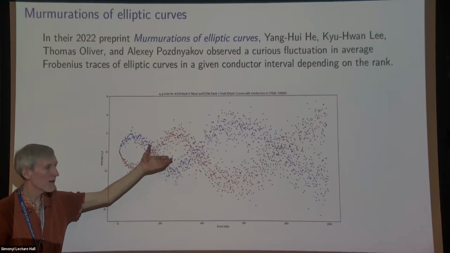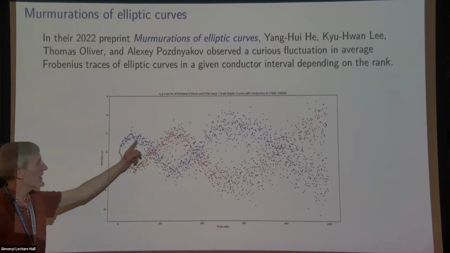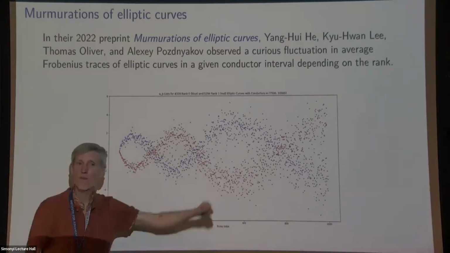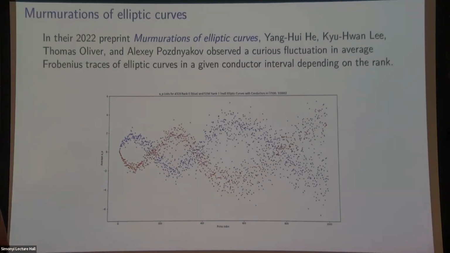So this suggests a bar game you could play. If you walked into the right bar, you could let someone pick an elliptic curve, and they'd be required to tell you the rank and the conductor. And then you get to choose a prime, and then you place bets on whether their a_p is positive or negative. And if you know this picture, or even if you just know where these crossover points are, you're in a good position to make money off of those bets. You might have to bet a lot to make money off it, but eventually you do quite well.